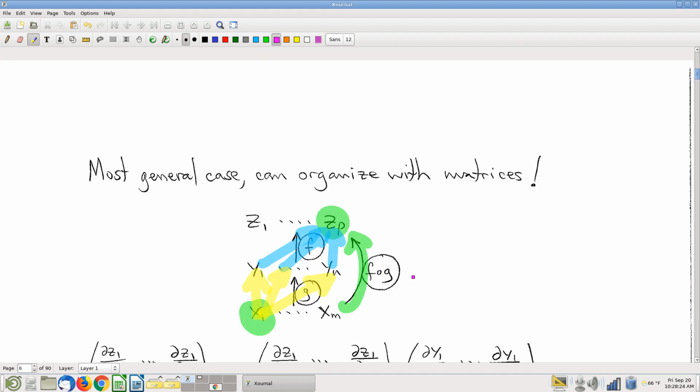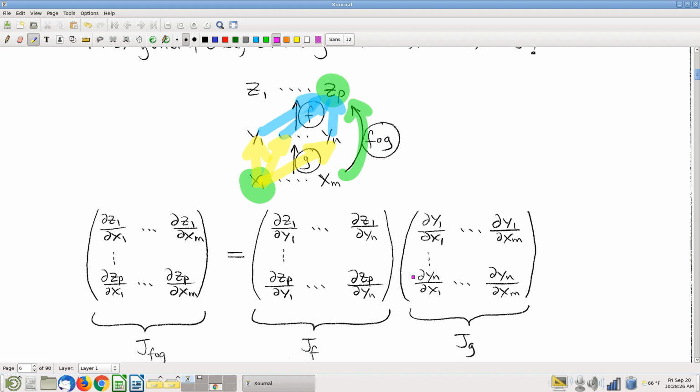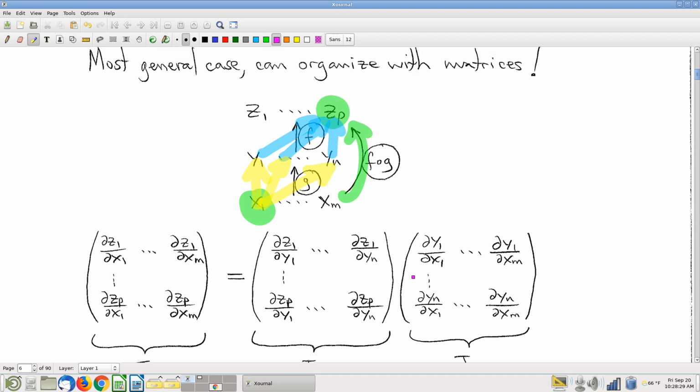And notice matrix multiplication, if you write the matrices down in this form, that's what this is, right? So now, again, reminder, we're looking at the partial of zp with respect to x1. And let's suppose I call that the bottom left element of this matrix. The partial derivatives arranged in matrices according to the pattern that I have written down here. That partial derivative, that of the many partials of the z's with respect to x's that I might want to know, I might want to talk about, we're going to take